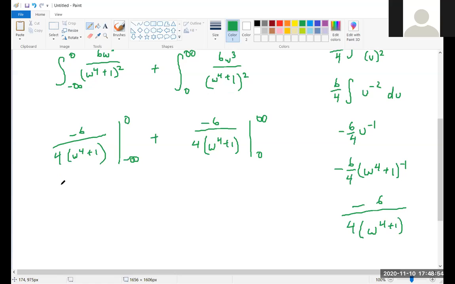I think that's just -6 over 4, right? Yeah. Okay, so that's the top limit plugged in. Now we're gonna subtract, and now we're gonna plug in the bottom limit. So